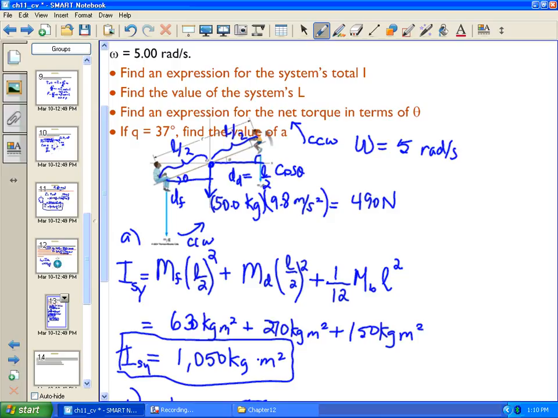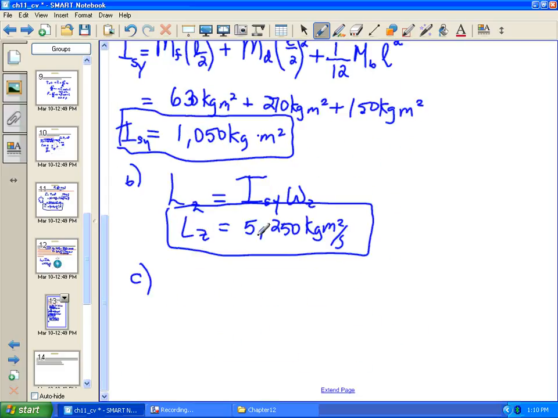But this is also theta, and therefore the father also has a moment arm of L over 2 cosine theta. And so, in fact, it's the father's weight that is causing the net torque. So here we have mg of the father. Now, when we take his mass multiplied by 9.8, we get 686 newtons for the father's weight, times L over 2, which gives us 3 meters, cosine theta,